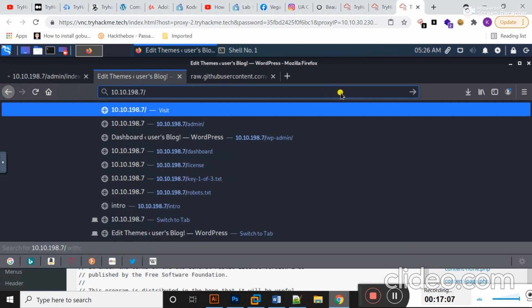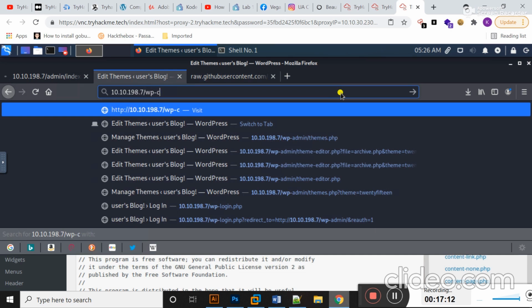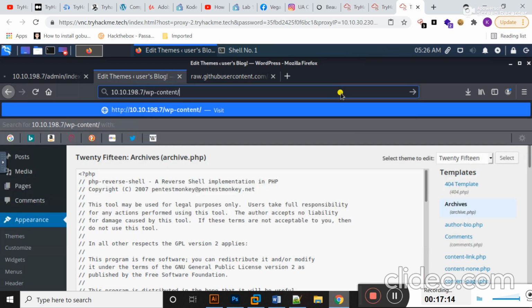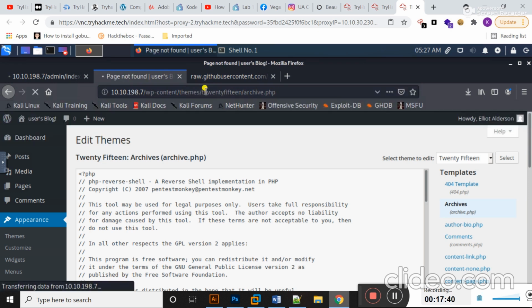If I type here wp-content and then themes /2015 and then the name of the page, and hit enter.